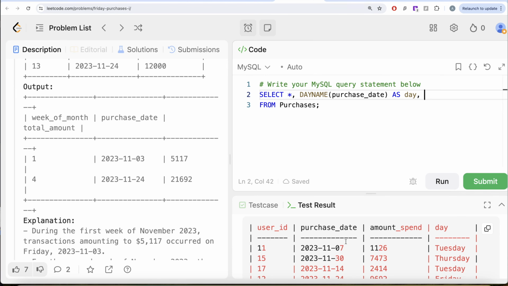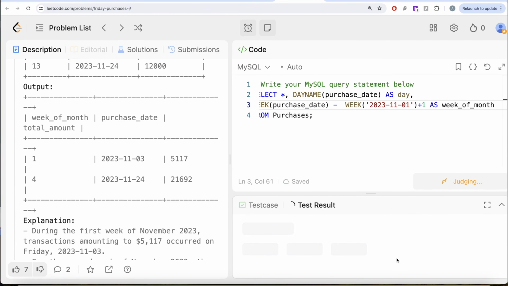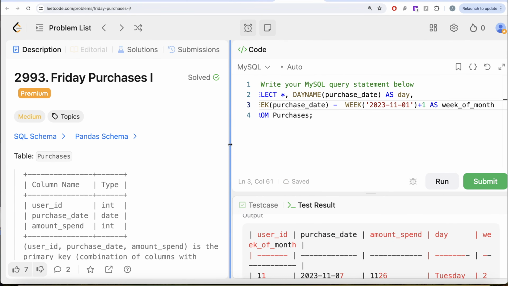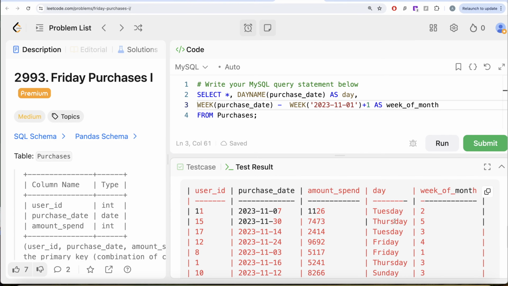So what we are basically doing is, let me just drag it down, week of purchase date minus week of 1st of November 2023, and then you basically plus 1, and it should be aliased as week of month. Let me go ahead and run this. Let's see what we get in our output. Now if you look at it, let me drag it again to the left. So this is what we have. You have the day as well as the